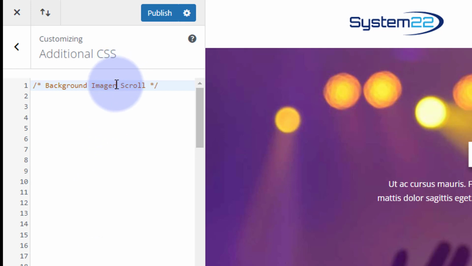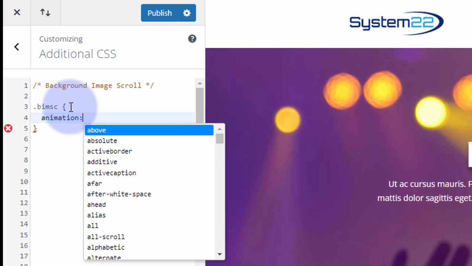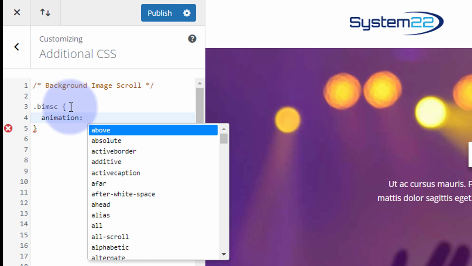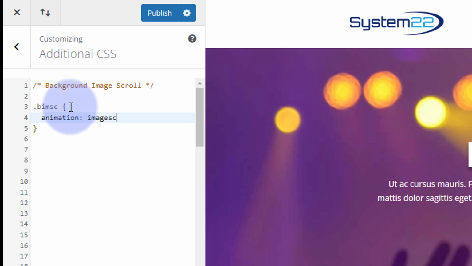Okay, let's start writing some code. We gave our background image a class, and the class name was background image scroll, I seem to remember BIMSC. So let's put that in there. All classes have to have a dot or a period in front of them, so make sure you put a dot in front. Then we can open and close some curly brackets, and inside we've got to tell it what we want it to do. We're going to create an animation today, so I'm going to say animation colon, and we'll give the animation a name. I'm going to call it